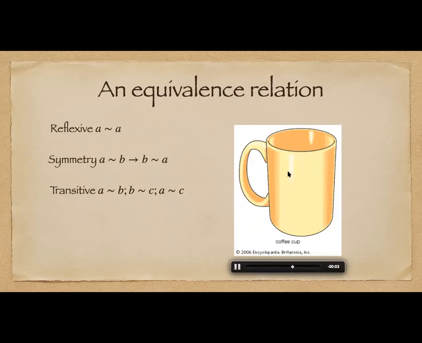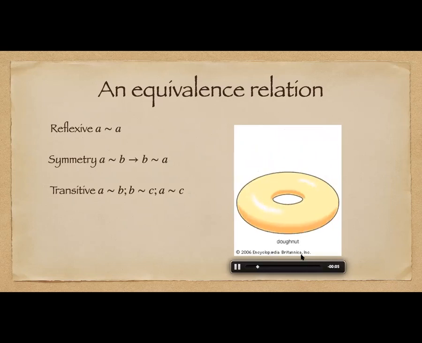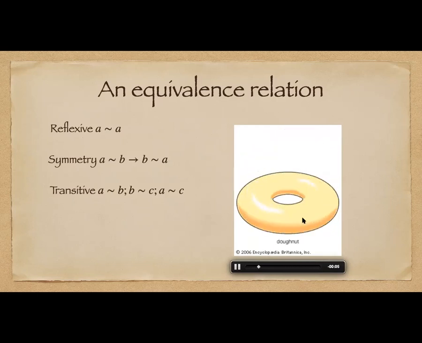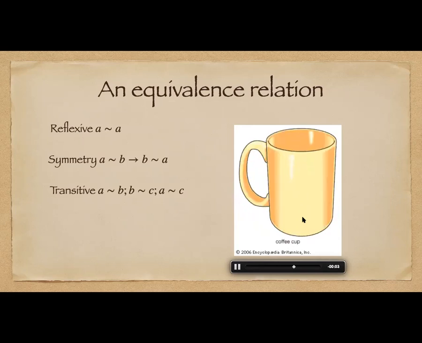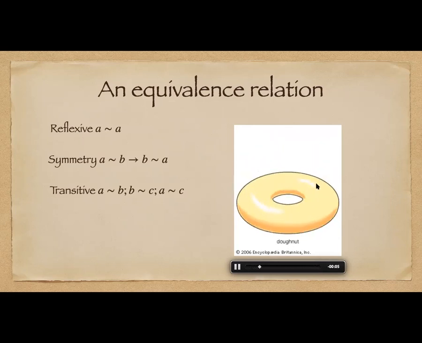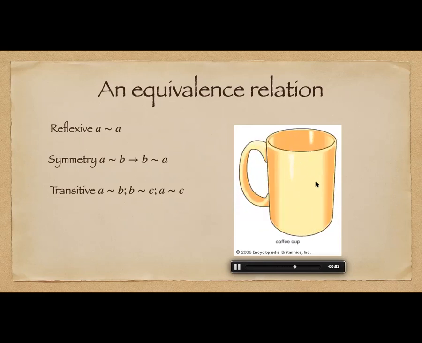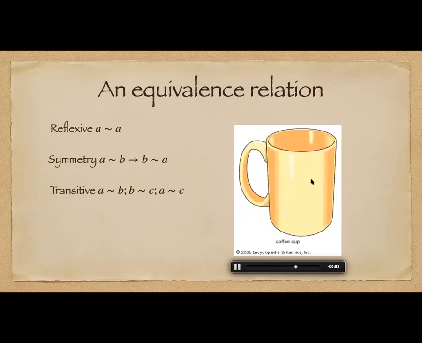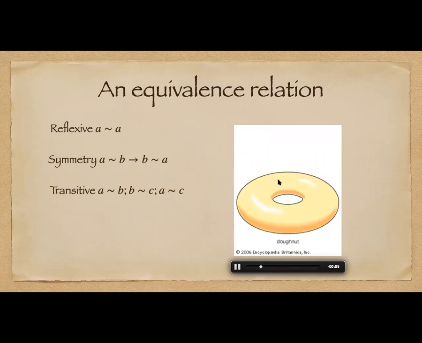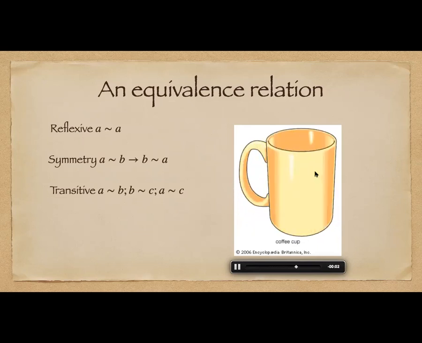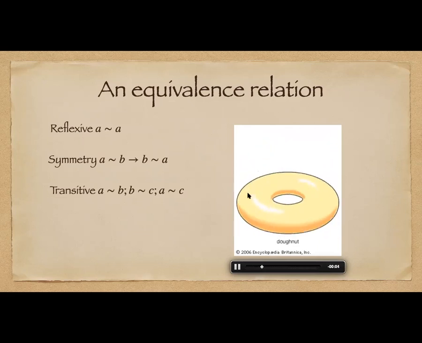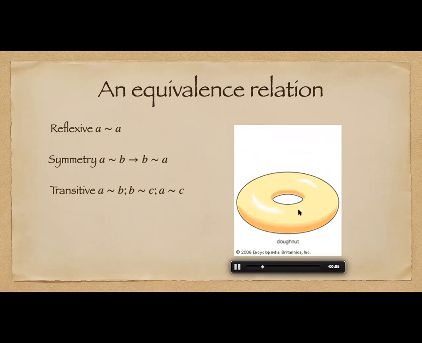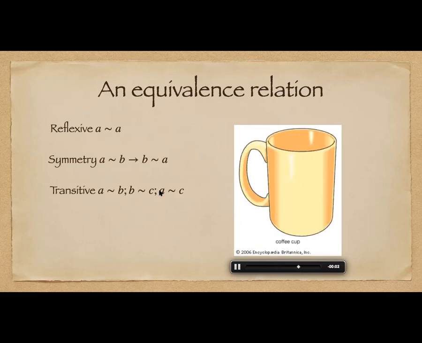Now this GIF taken from Encyclopedia Britannica shows that we can map a cup to a donut topologically. These are equivalent. They are the same manifold. I can use the word manifold because these are manifolds, but these are same set of objects. They have the same topological structure because one can be morphed into the other. Now we'll see in a moment what is preserved under this homeomorphism or the map which has these three properties